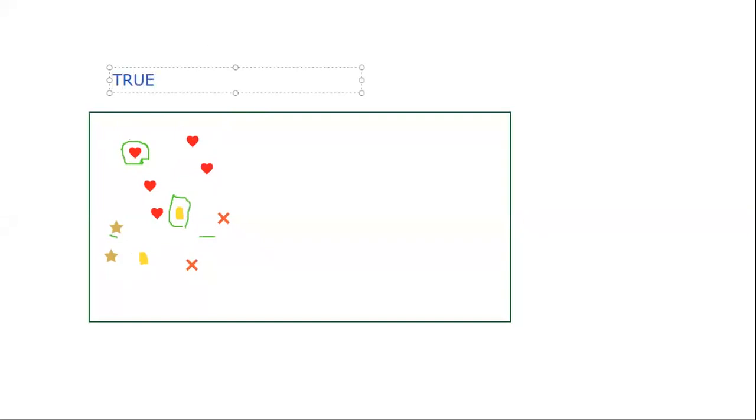To start with, I have taken an example of a classifier that recognizes whether some fruits are apple or not. It returns true if the fruit is apple, and false if the fruit is not apple. In a basket, these red heart shapes are apple and these two yellow shapes are also apple, but the star shapes and the cross shapes are not apple. So 7 are apple and 4 are not apple in the basket of 11. We want to design a classifier that will return true for apple and false for not apple.